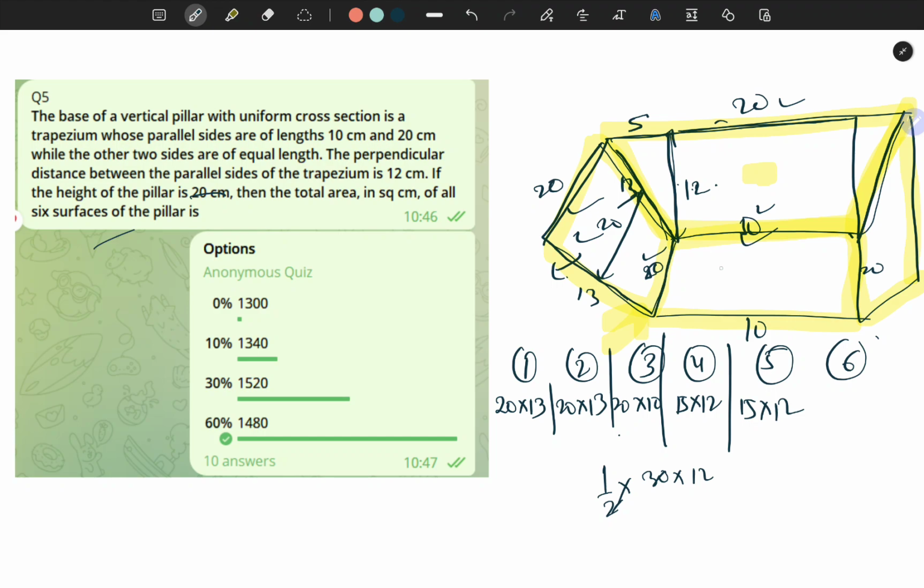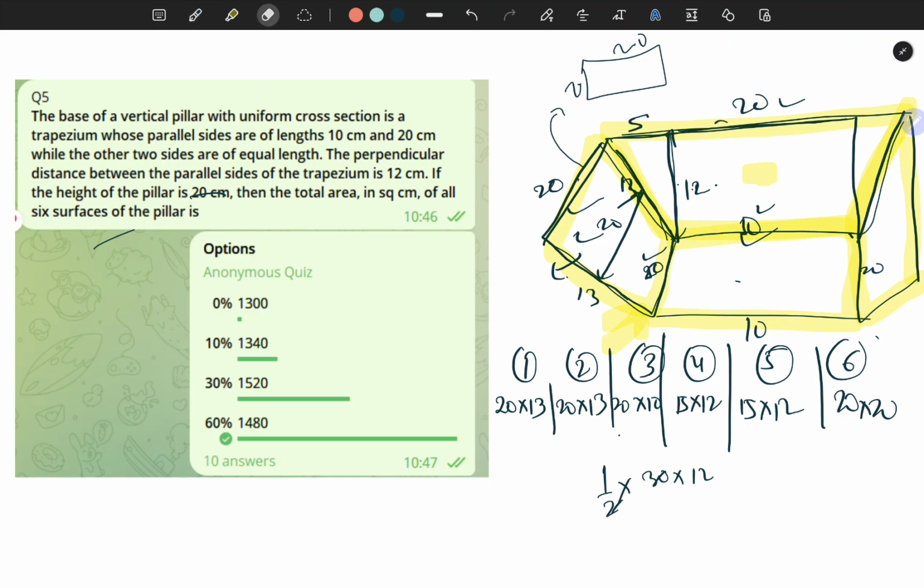Now the last side left is just behind this. Behind this will be this particular part, and the dimensions of that will be, this is 20, this is 20 as well, so this will be 20 into 20. So this sixth face will have the dimension of 20 into 20.